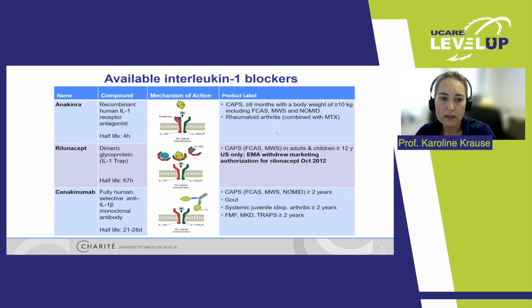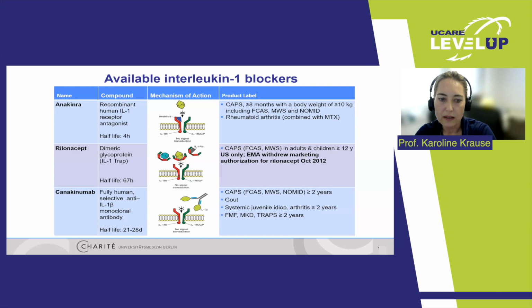Then we have rilonacept. This is a dimeric glycoprotein, a fusion protein, also blocks IL-1 beta and alpha. However, currently it's only available in the US for adults and children aged over 12 years in CAPS